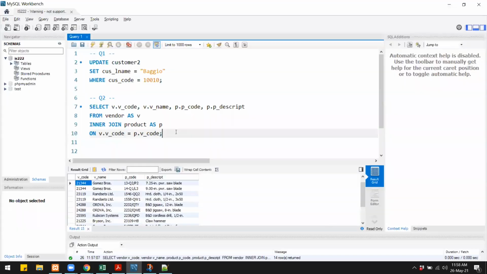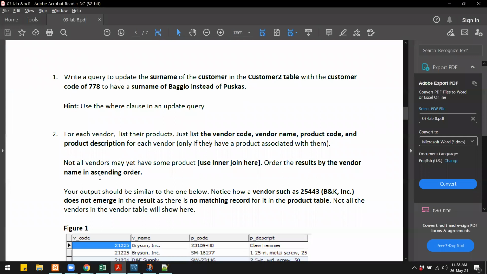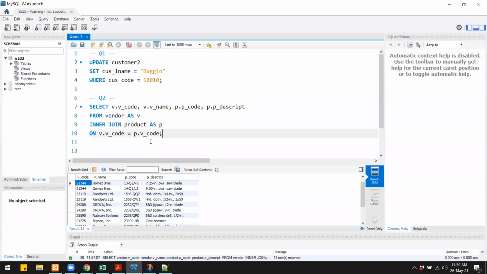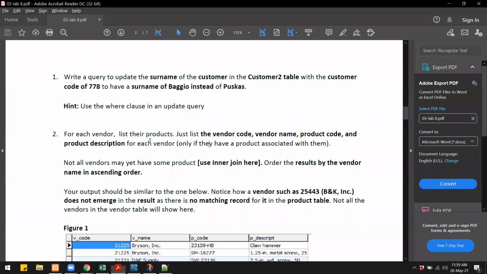Now there's another part to this, and that is to sort the data. It says order the results by the vendor name in ascending order. So once we have the data, we can sort the data, and to sort, you might recall from the last lab, we use the order by clause. It says we need to sort by the vendor name.